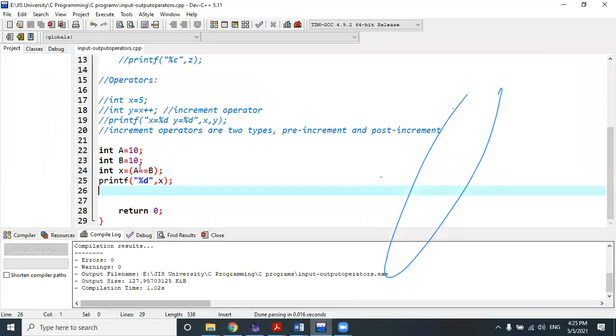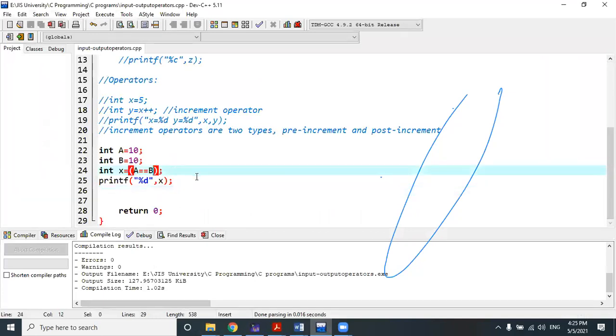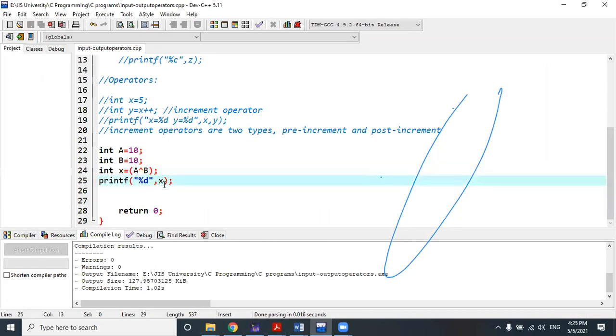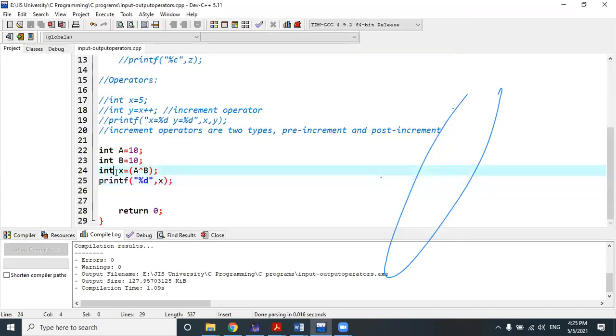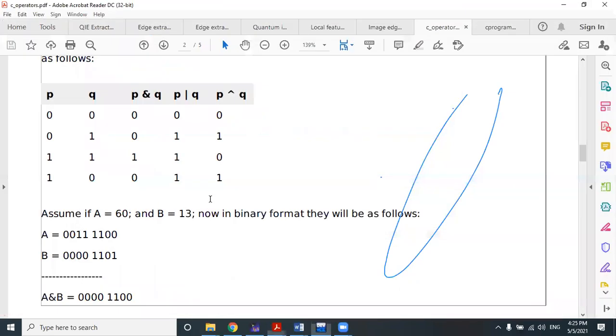Everyone clear? So if we apply the same logical XOR or AND operation here, suppose I am applying the XOR operation here. This is called a caret sign. You will get this sign over the 6 button, at the top of the 6 button. So you will get the output in the form of true and false, A and B.